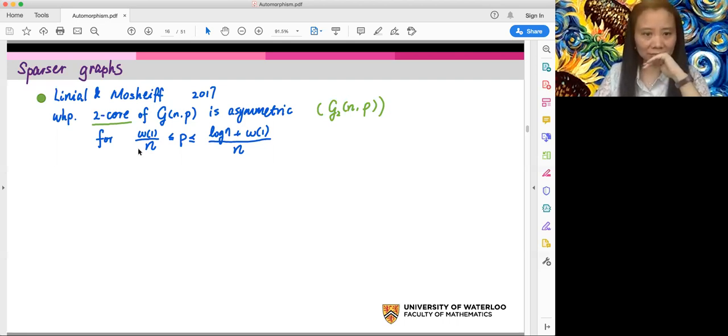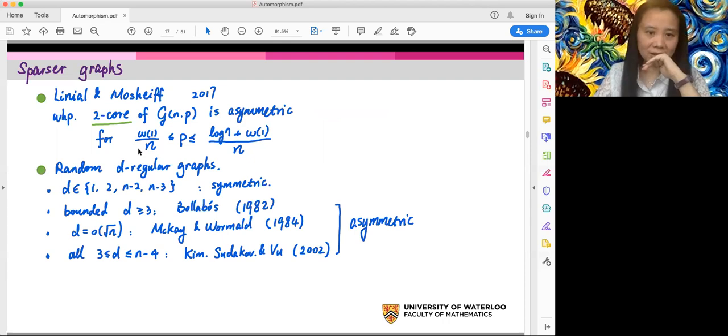Okay, so that's one. And the other is, why do we study G(n,p)? We can make it even harder. So why don't we study it in random regular graphs? In some sense, if you want to study the automorphism group of random graphs, maybe the natural thing is to think about random regular graphs, because all the degrees become the same. So potentially it's possible that every vertex can be mapped to any other,